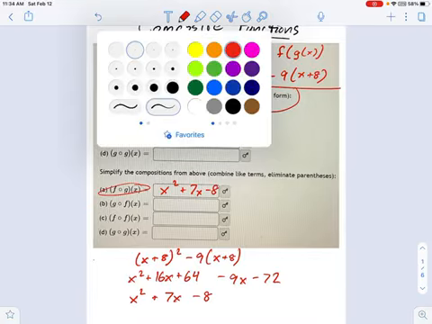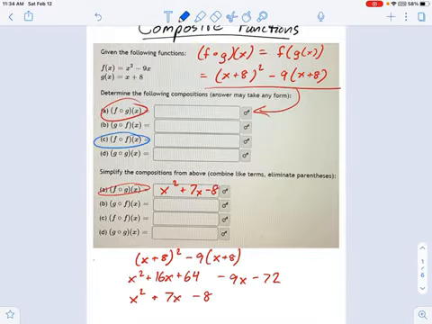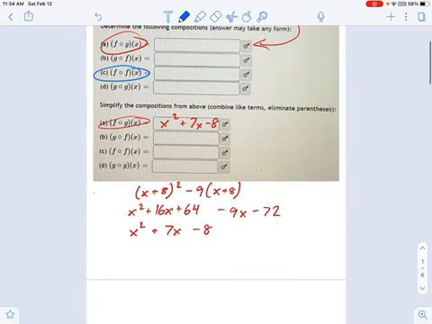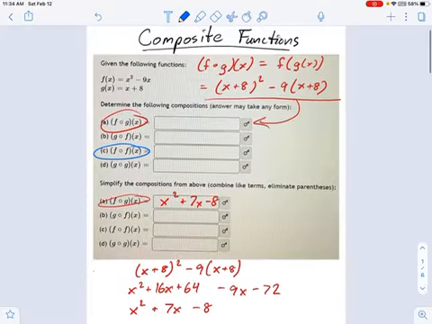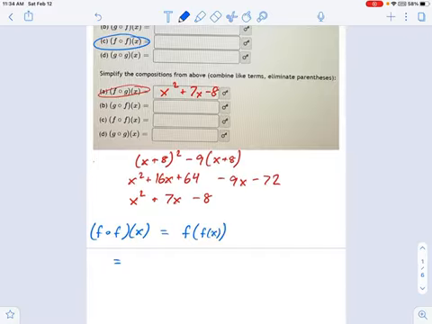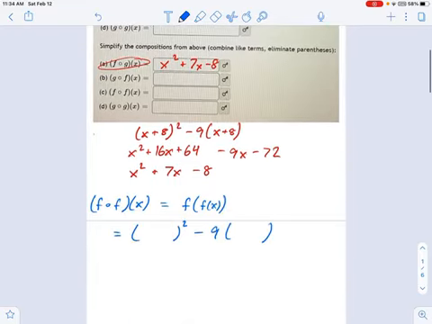And it might be that one of these other ones is giving you a little trouble, like f of f. Let's just talk about what f of f would actually be. F of f, oops, I just wrote f of g. F of f literally means you compose a function with itself. So you could think of it this way. F of f of x. Meaning, we take the f function, which is x squared minus 9x. I'm going to take something squared minus 9 times something. And into that equation, in place of all the x's, I put x squared minus 9x.